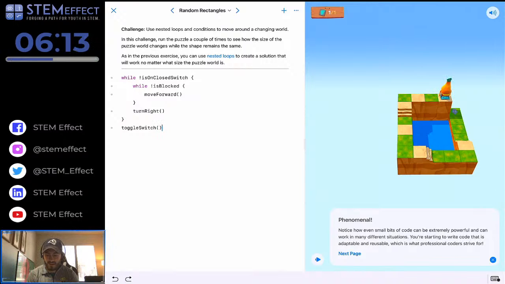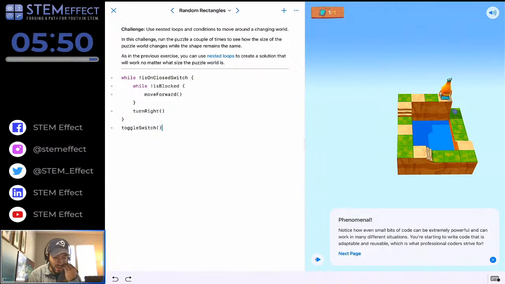Notice how even small bits of code can be extremely powerful and can work in many different situations. You're starting to write code that is adaptable and reusable, which is what professional coders strive for. That's pretty cool. I mean, this little amount of code, these two nested while loops and the while loop